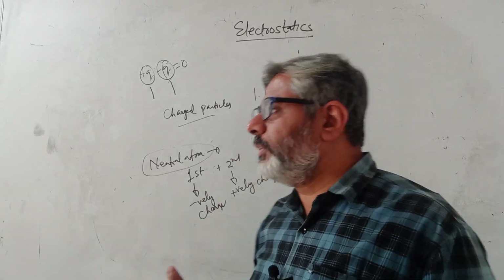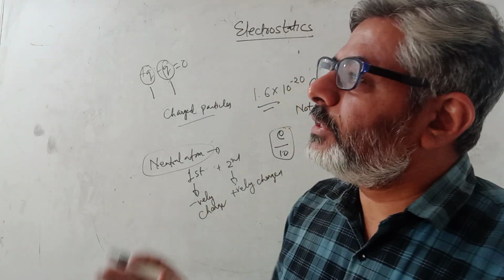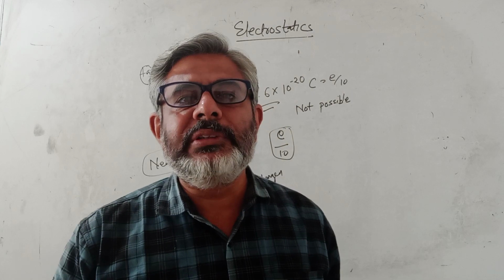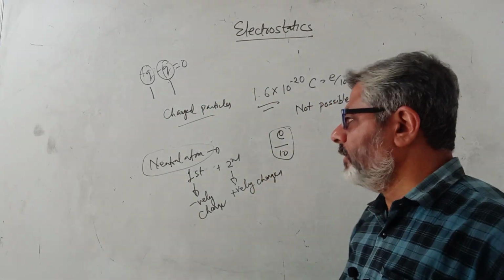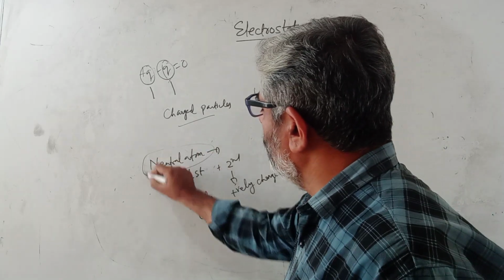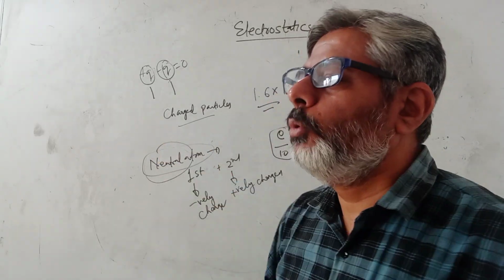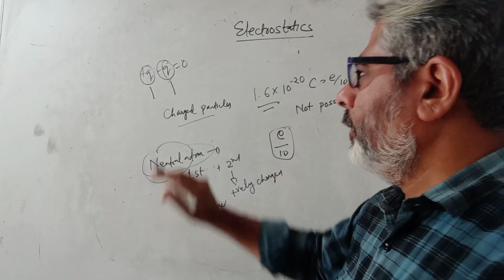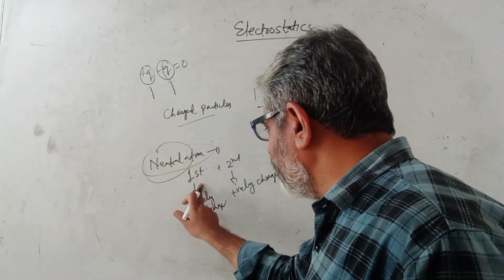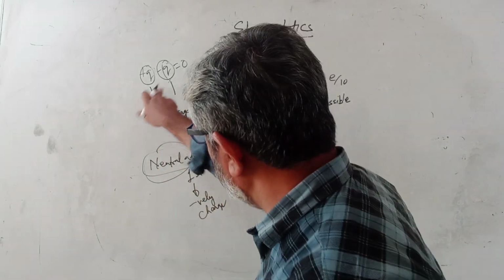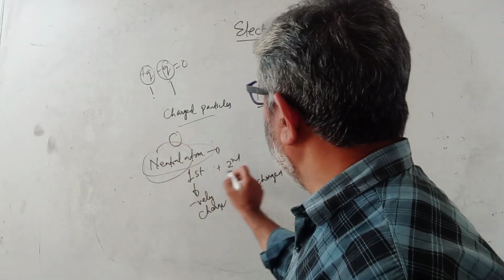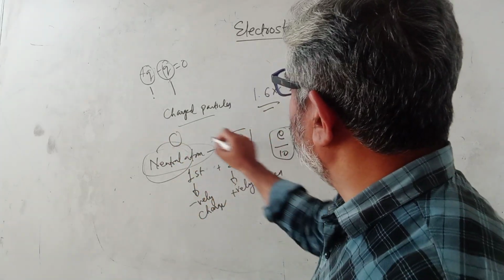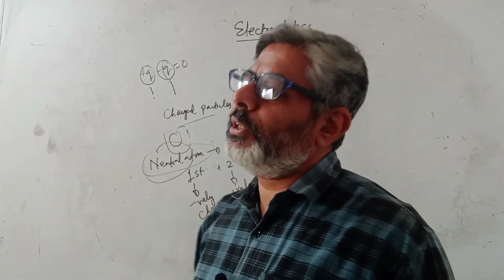Then you will say, what is the law of conservation of charge? The law of conservation of charge says the total charge of an isolated system remains conserved. तो आप कहेंगे फिर ये तो गलत हो गया. नहीं, गलत नहीं हुआ. देखिए ध्यान से, यहाँ पे न्यूट्रल एटम था, इसके ऊपर कितना चार्ज था? न्यूट्रल एटम मीन्स 0 चार्ज. Now this is one charge plus q, another charge is minus q. Plus q minus q is 0. So here also total charge was 0, and right hand side also total charge is 0. So conservation of charge holds good.